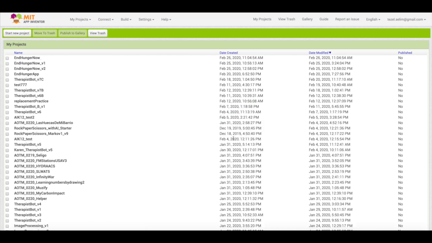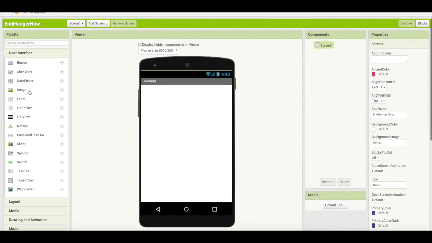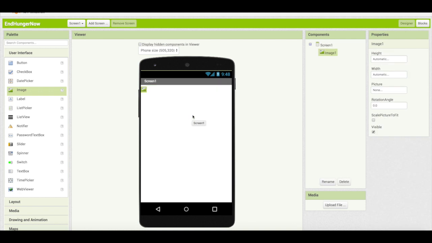And this should bring you to a fresh page where you see the palette of the MIT App Inventor, where all the components are displayed, the designer view, the components hierarchy, and the properties of the components. Okay, so let's start building this thing slowly. The first thing I want to do is I want to get my logo that I created in Photoshop displayed as my logo. So I dropped an image component, and